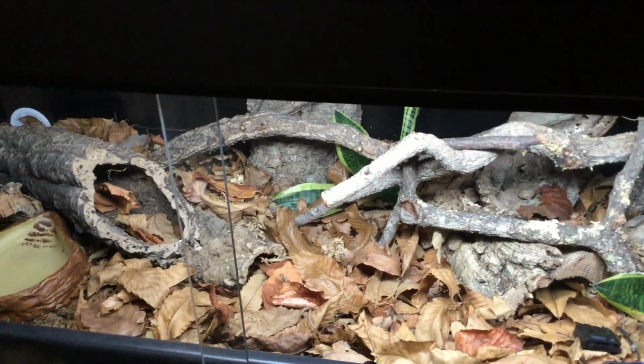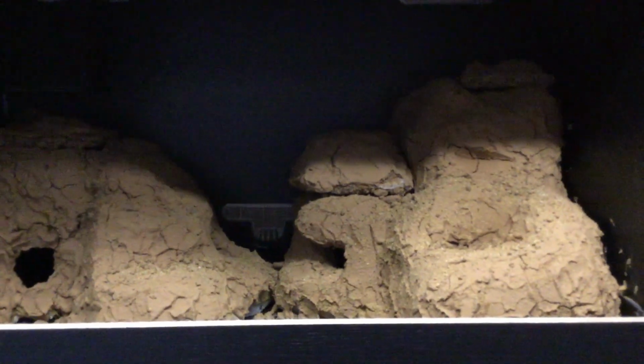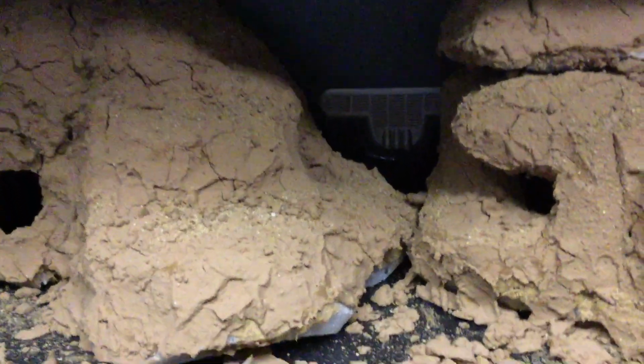And this is Red, the corn snake's enclosure, but we'll be talking more about this in a minute. Up above this, we now have Speckles the leopard gecko's enclosure. Now, as you can see, it's got a clay rockwork type thing that I built. There's no lighting in here yet, so I apologise if it looks a bit blurry on your screen. It looks okay to me for now, but